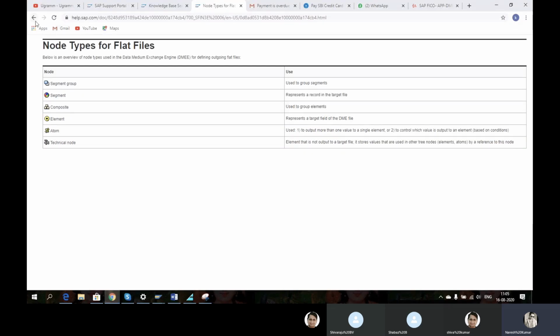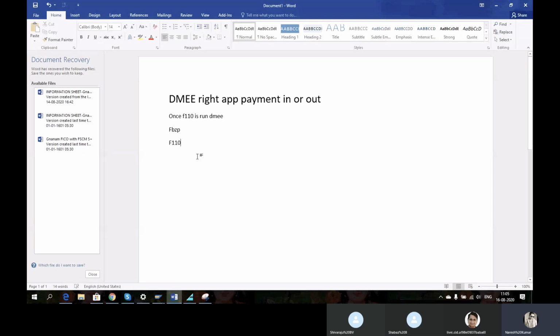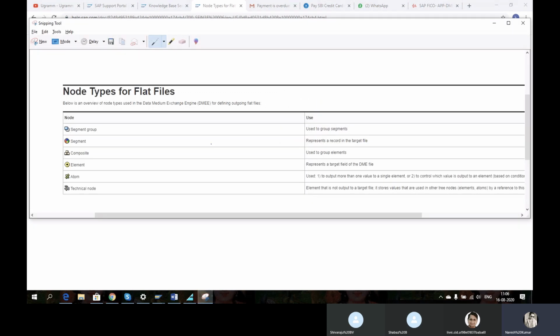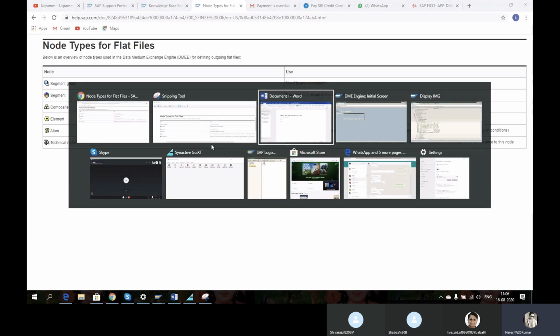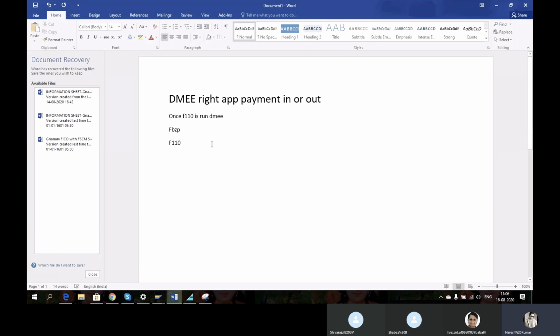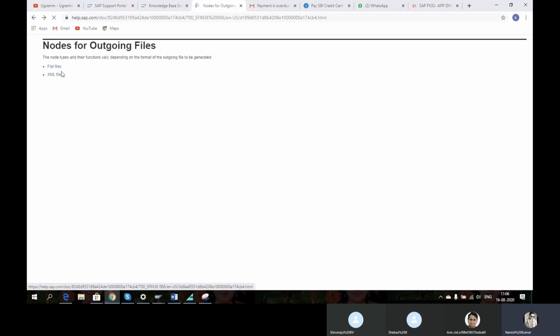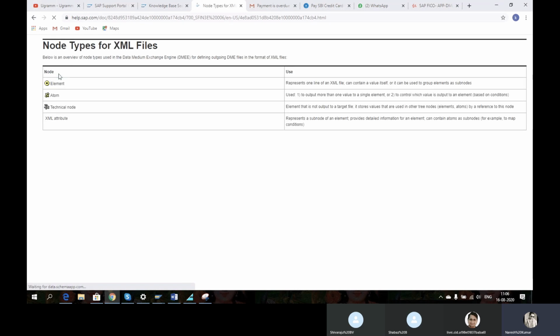Please have a look at this. Okay. Then XML file. In XML file, we will be able to see element, atom, technical node, XML attribute.